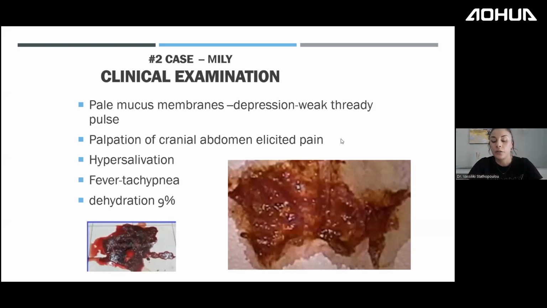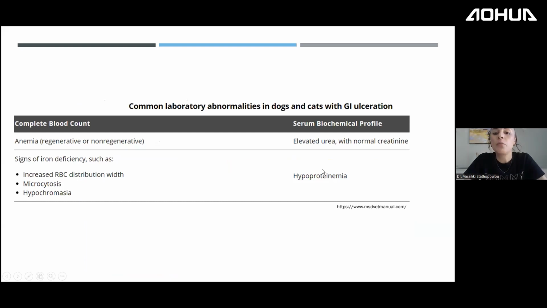Okay, so these are the actual photographs of this dog with melena and hematemesis, pale mucous membranes, depression, of course hypersalivation, and fever. What are the most common lab abnormalities in dogs and cats with GI ulcerations? Signs of iron deficiency, like microcytosis and hypochromasia, and hypoproteinemia, and elevated urea with a normal creatinine level, and anemia, which varies, could be regenerative or non-regenerative, depending on